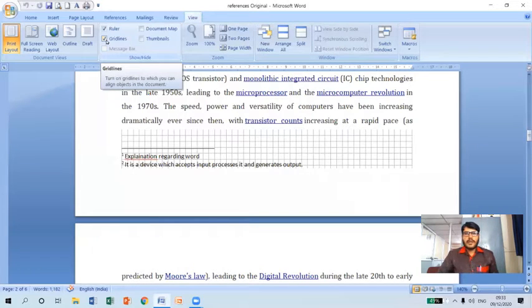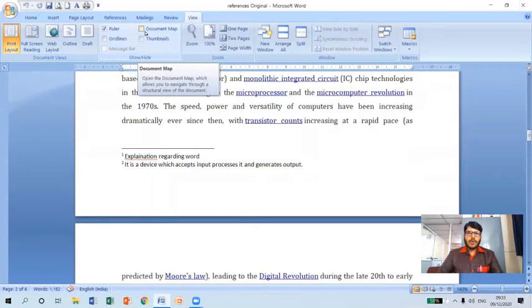And also, if we take the printout of this, these grid lines will not appear in a hard copy. Okay, because these are imaginary grid lines, which will help you to align the various objects in the document. But when we take a hard copy of this, if you require, then you can take a printout of the grid lines in a hard copy. Otherwise, we can simply disable these grid lines. Okay, so this is regarding grid lines.